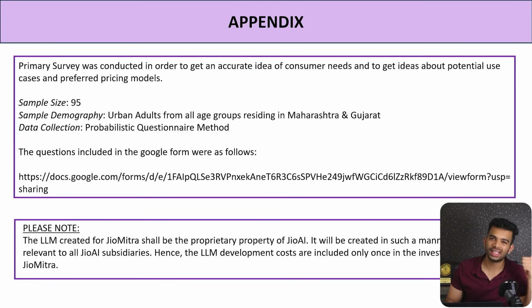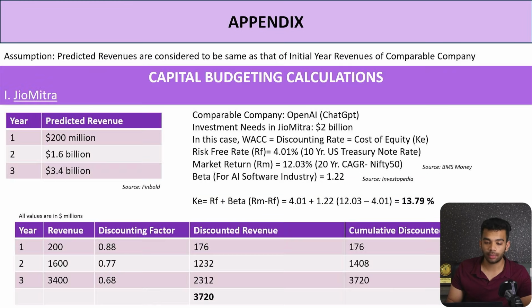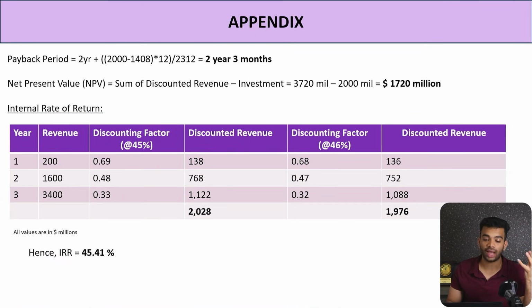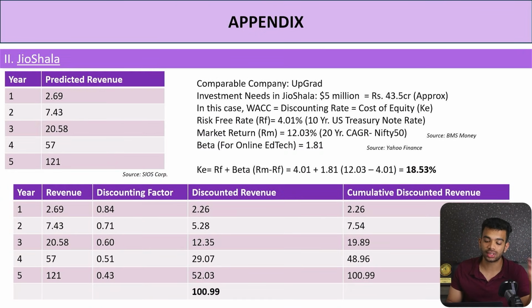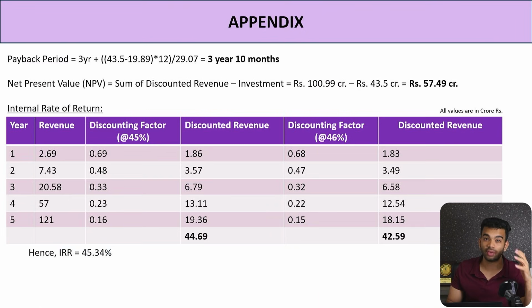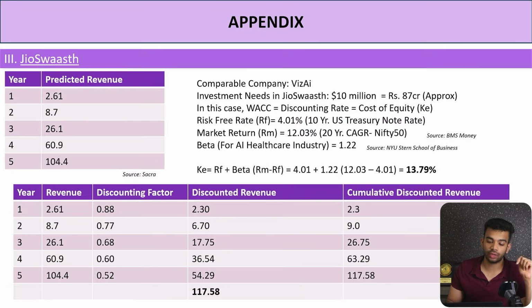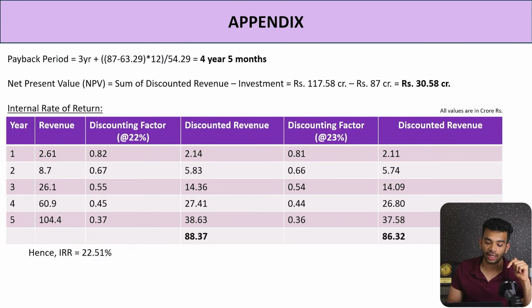Now, as I promised, the appendix: everything that you've done, the primary research, all those proofs need to be attached, because if you say you have conducted primary research, what is the proof? Why is the judge going to believe you? You need to attach some kind of proof. You need to give those capital budgeting calculations, so that your numbers haven't just come out of thin air. There is a lot of calculation that goes behind those numbers. We have given detailed financials of each one of the figures that we have mentioned in the slide about the financial forecast. This is one important factor I need you to understand.